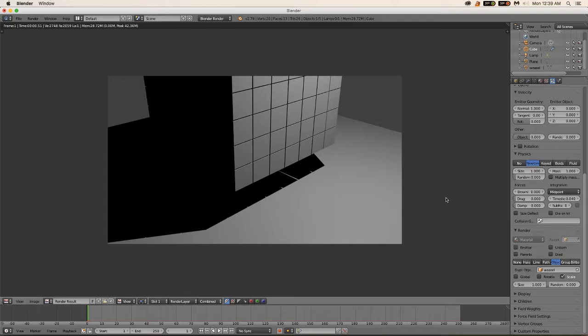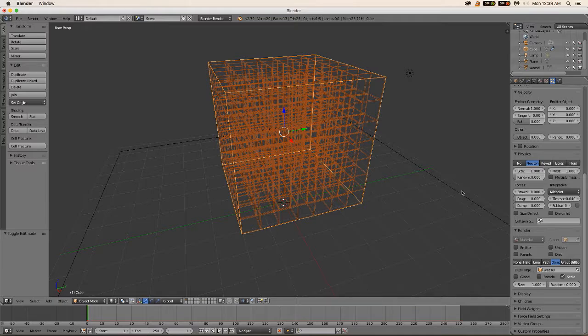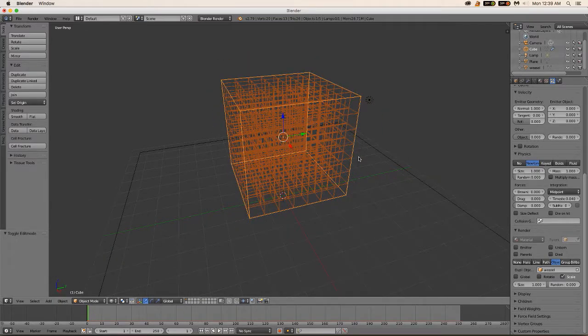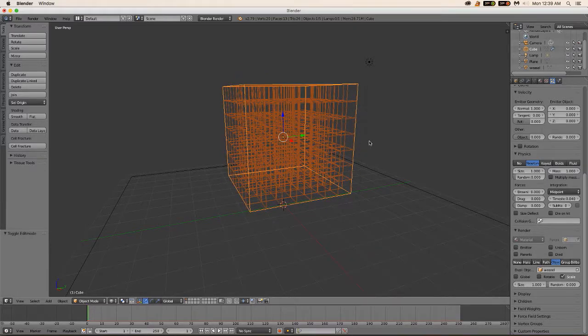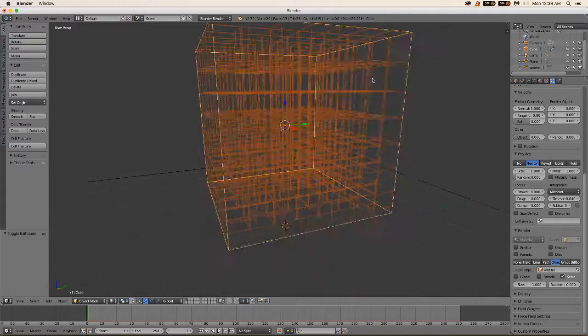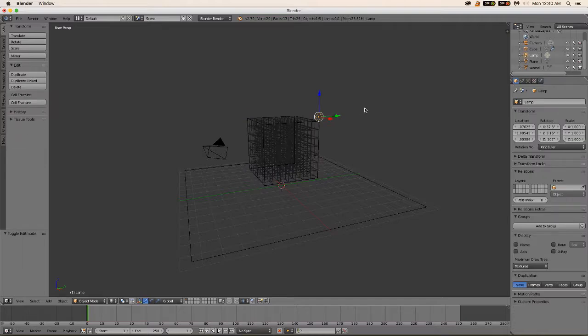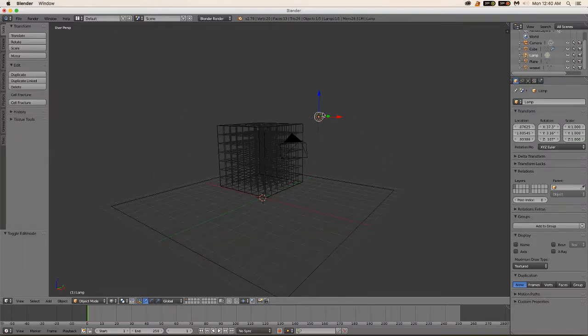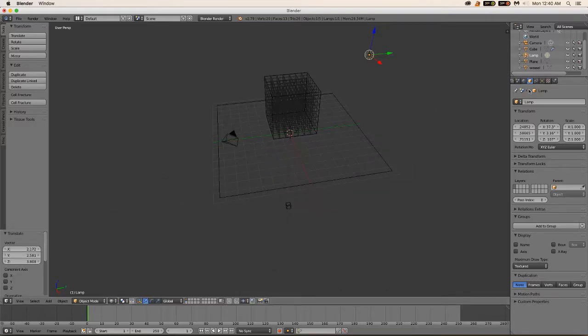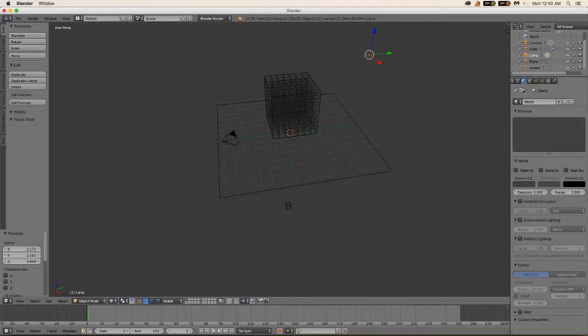So, next step is I want to drop these things, make them bounce all over the place. How do I accomplish this miracle? Well, first, this is just an issue. I just have to move this out a bit because the lighting is just not going to work really well from there. And while I'm here, I might as well turn on